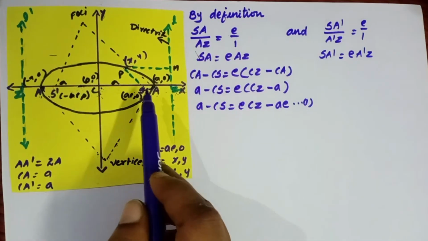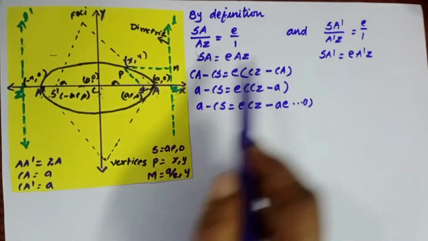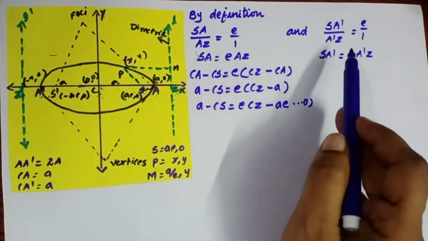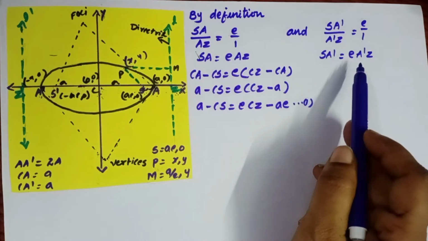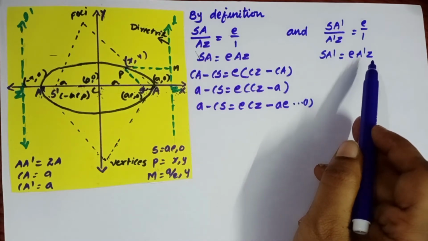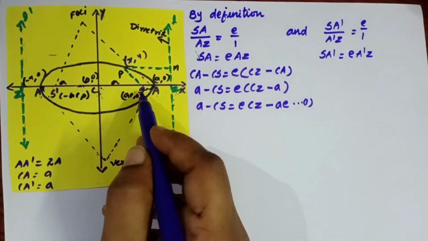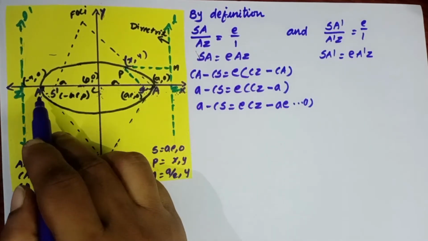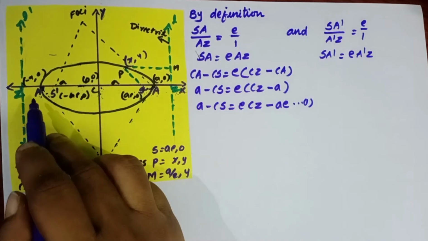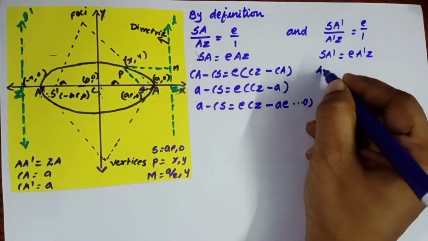Therefore, SA dash by A dash Z equal to E by 1. So SA dash equal to E into A dash Z. Now we have to write the value for SA dash. So see the diagram. SA dash equal to A dash C